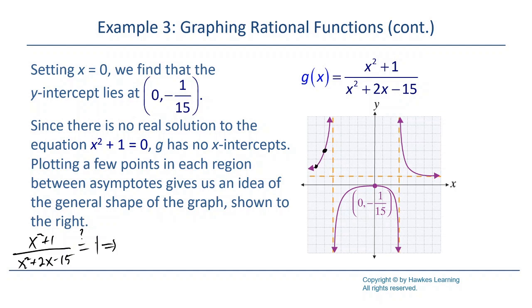If you multiply both sides by the denominator, you get x squared plus 1 equals x squared plus 2x minus 15. To simplify, I'll move everything over to one side, and that's going to give me 0 is equal to 2x minus 16. Simplifying a little bit more, this means that when x is equal to 8,